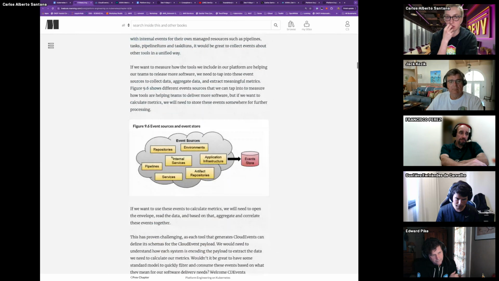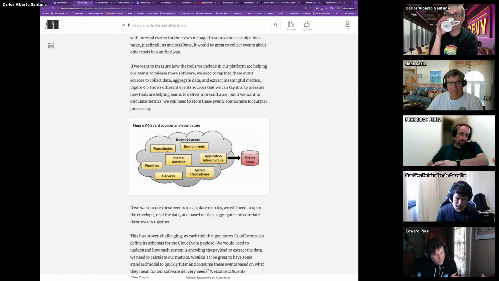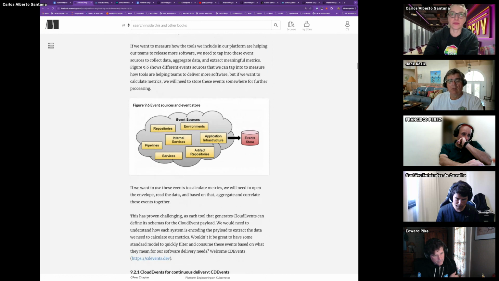And then this is where it's showing the event sources. So for the pipeline, it will be the recording of the deployment. Repositories is maybe for the time that the Git commit happened or the pull request got created. And then application infrastructure, which is like when a deployment is in ready state.